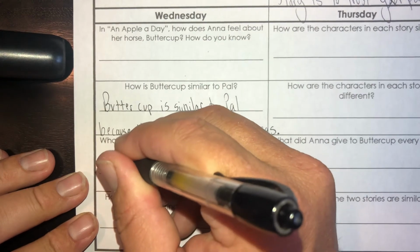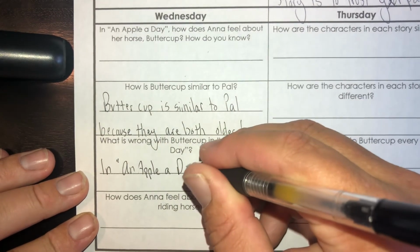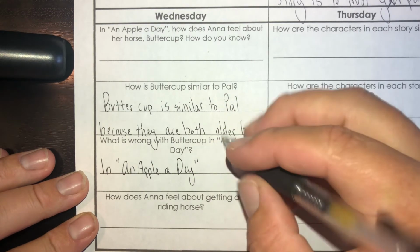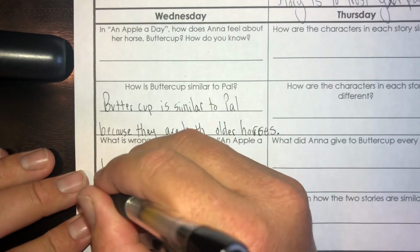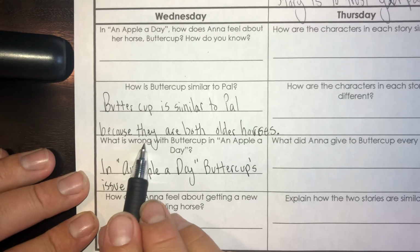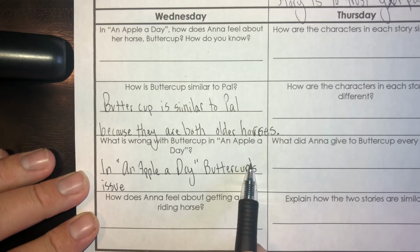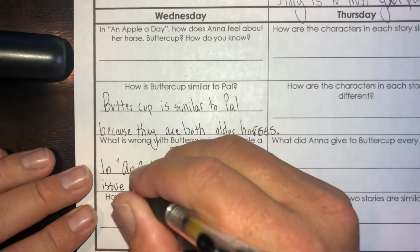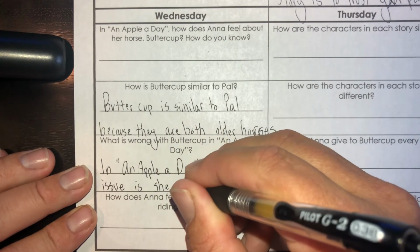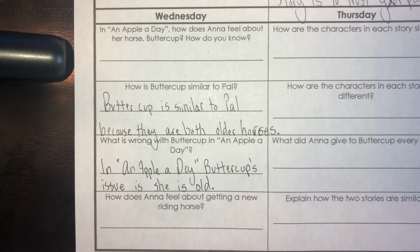So we want to put in An Apple a Day, Buttercup's issue. That's kind of a synonym for something being wrong. In An Apple a Day, Buttercup's issue, look at the possessive noun here. We have an apostrophe S. Why? Whose issue is it? It's Buttercup's. So Buttercup is taking ownership of the issue. She is old. You could put grandma age or something like that, but...